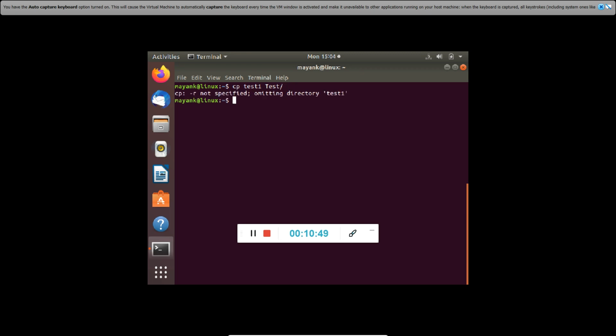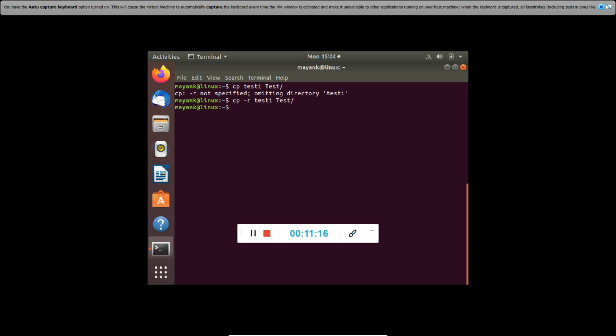So if I write cp without specifying minus r, it says that minus r not specified, so it gives an error message. Why? Because whenever we were removing a directory, we were using minus r. Similarly, for copying a directory, we will use cp minus r test1 test.